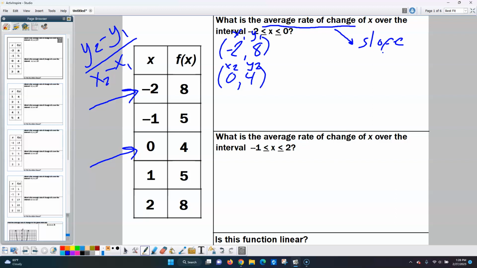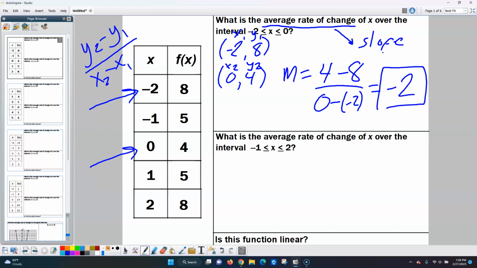And so slope, average rate of change, we normally say that's m, y equals mx plus b. M is the slope. So m, average rate of change, is going to be 4 minus 8 over 0 minus -2. More than likely, you're just going to be able to punch that in your calculator. But that'd be -4 up top divided by +2. I think that your slope between those 2 points, or your average rate of change between those 2 points, would